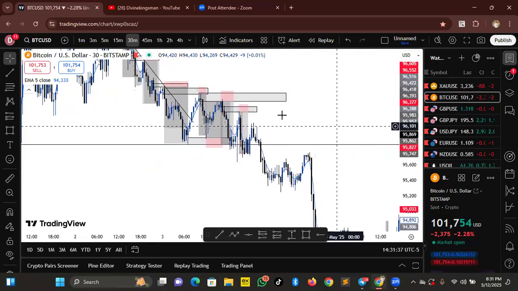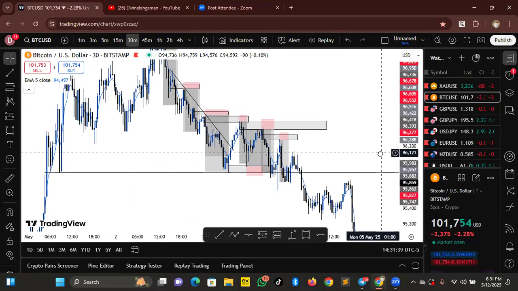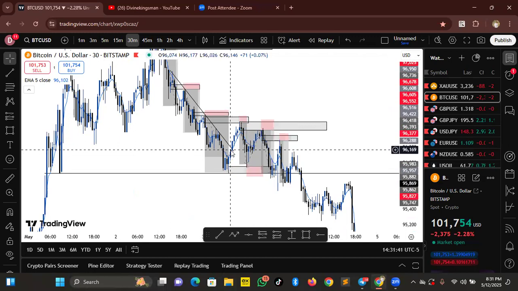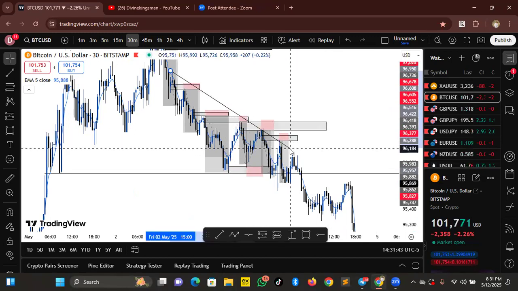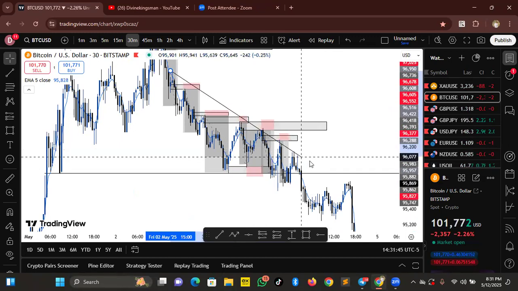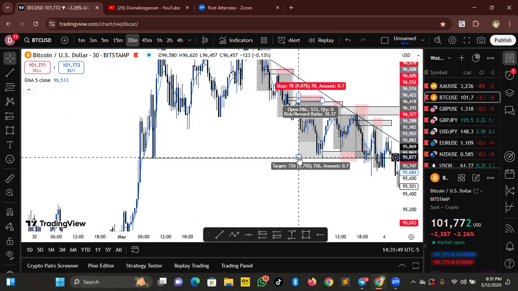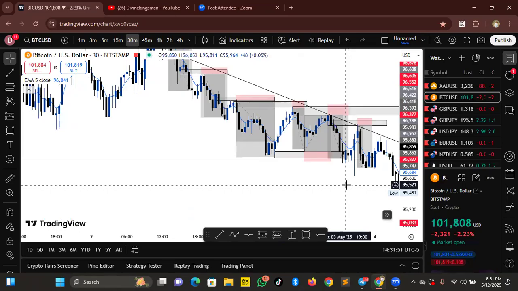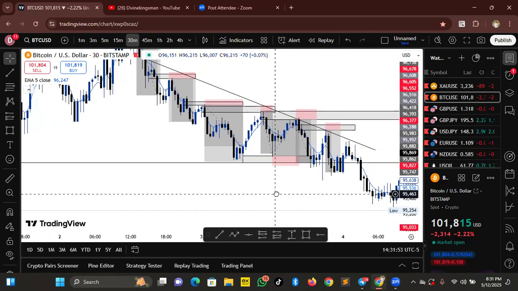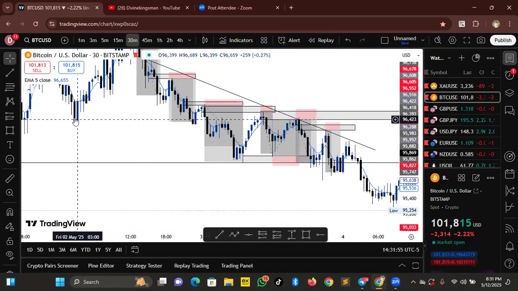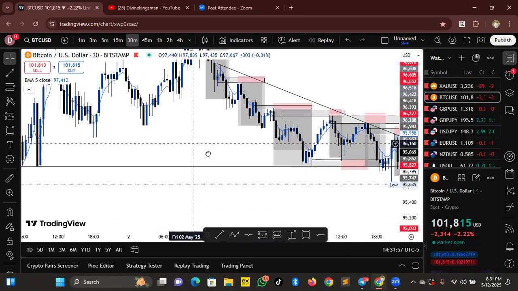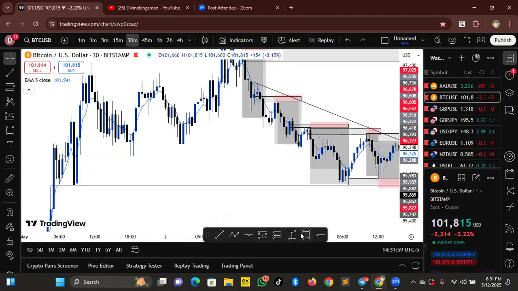Right, let's use this example here. Now, if you were drawing this trend line, let's say we connected our trend line something like this, right? And let's say the price was still